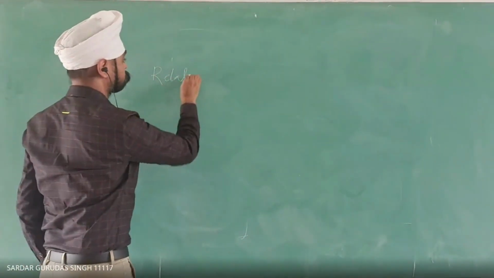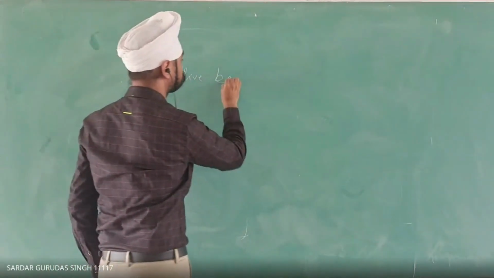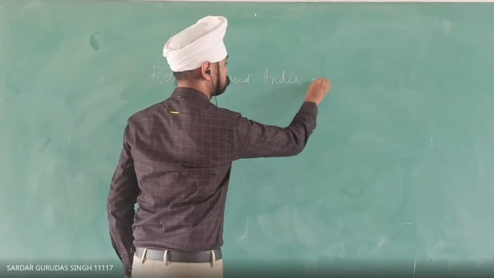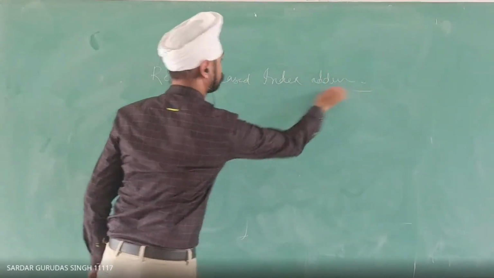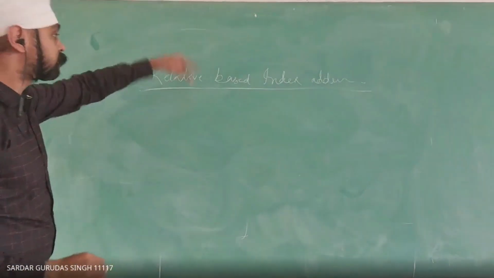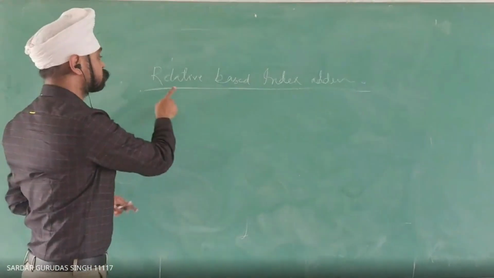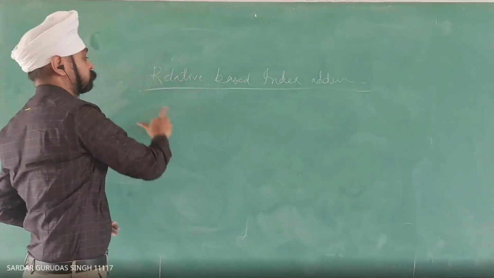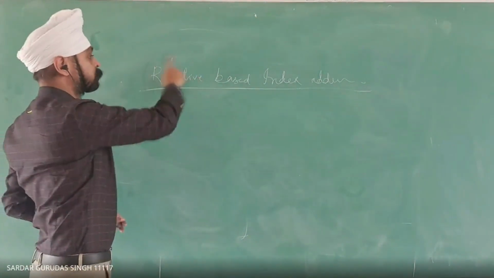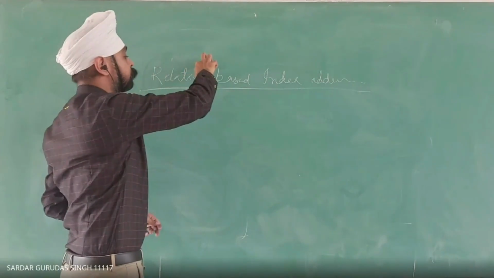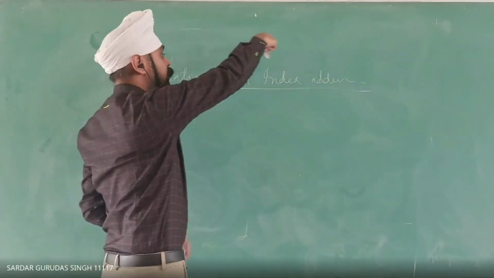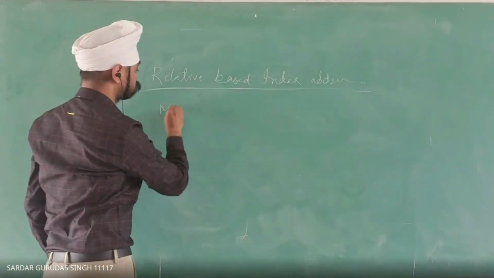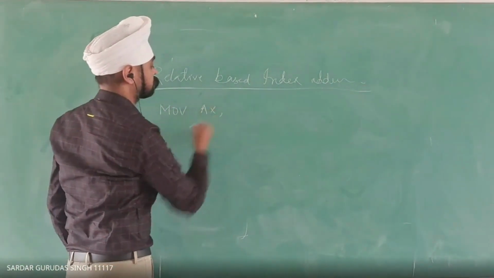Relative based index addressing mode. Now in this, the effective address is formed by adding 8-bit displacement or 16-bit displacement with the content of base register and index register. For example, move AX comma